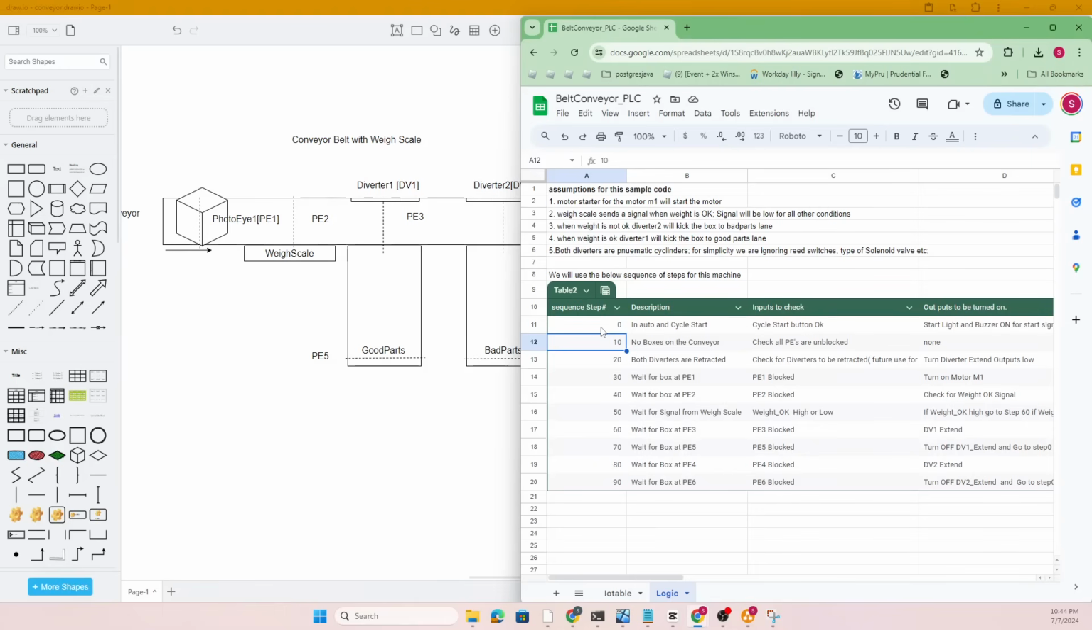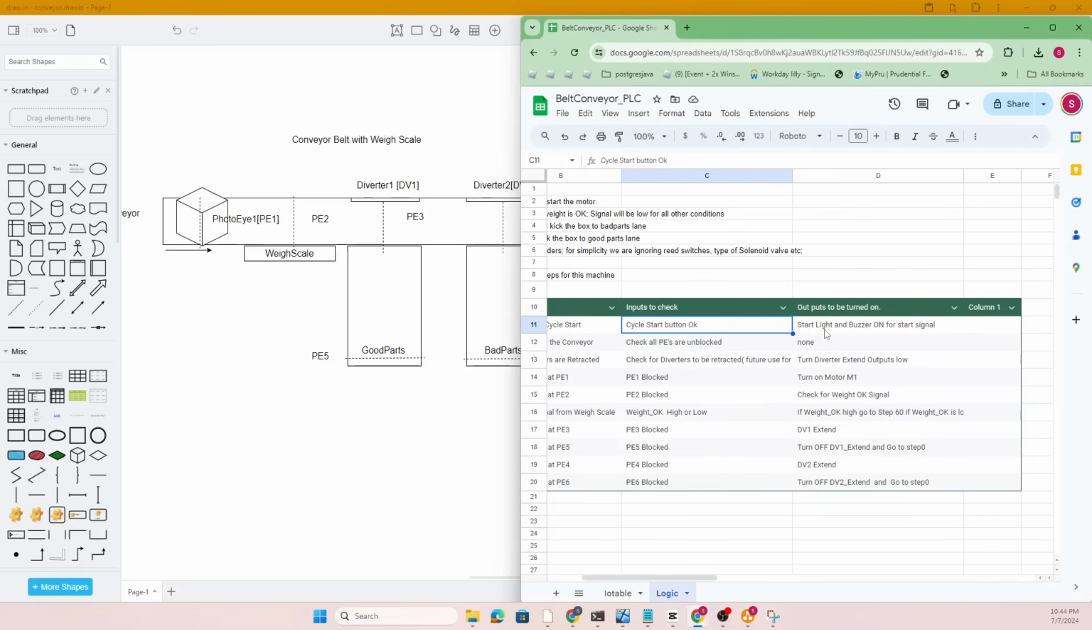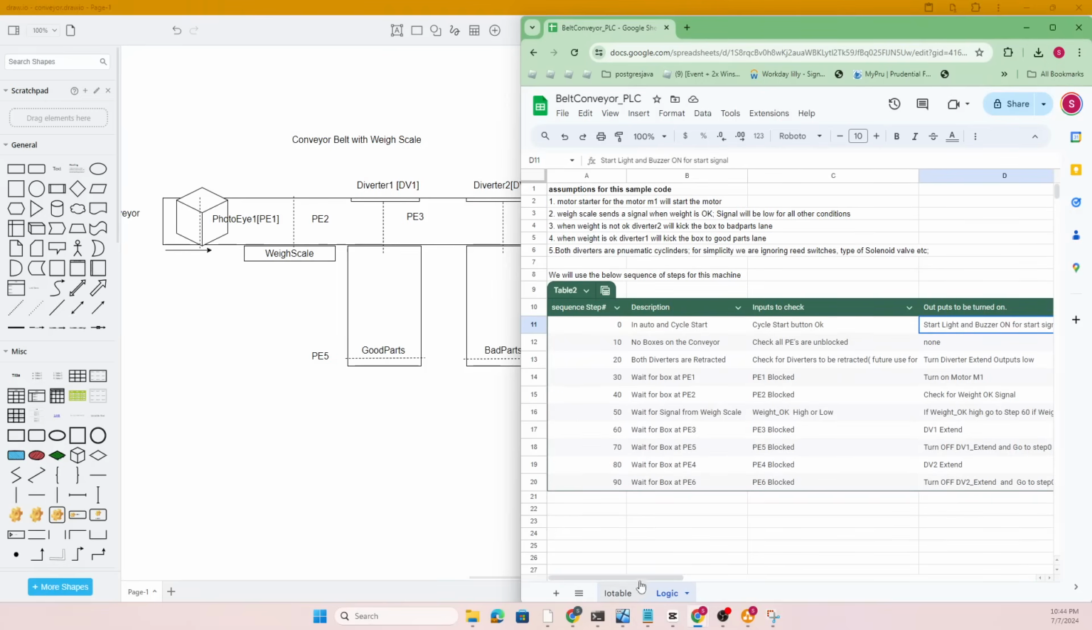We use a step 0, and in that step all we are doing is checking if everything is in auto and cycle start. So that's all that step is going to do. In that step we're going to check the inputs for if the cycle start push button is pressed. If it's okay, then we turn on the start light, turn on the buzzer for indicating the machine is running, and then we index into step